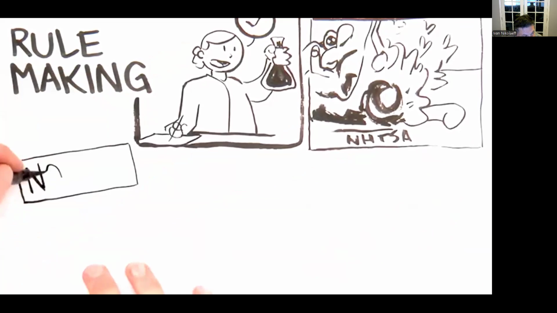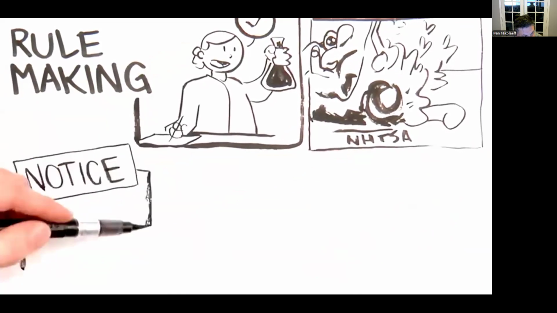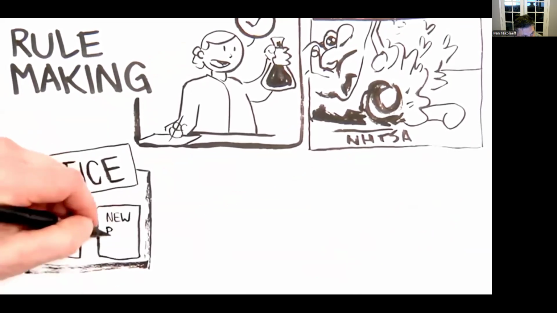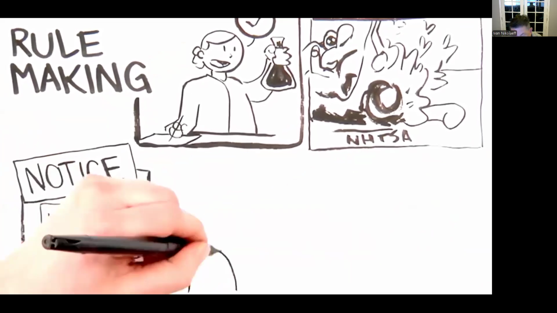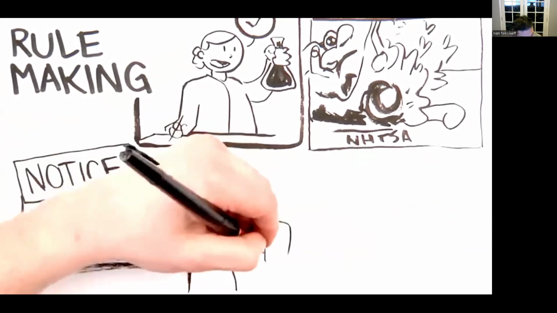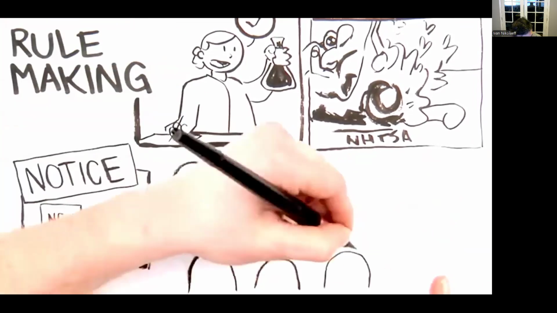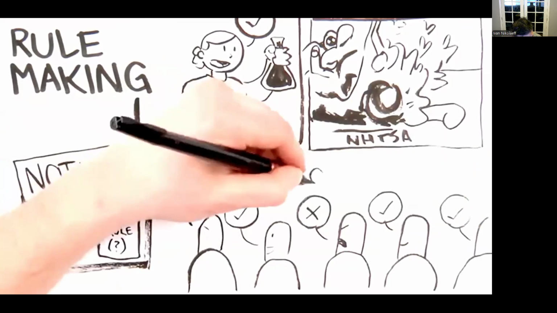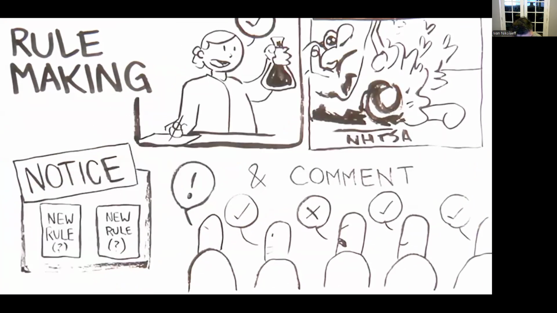The APA says that most rules made by an agency must be open to notice and comment. This means that a notice of the proposed rule is printed up in the giant federal list of proposed rules, and the agency has to accept comments about the rule from all interested parties. The APA also says that the agency must respond to any comments that are substantial.